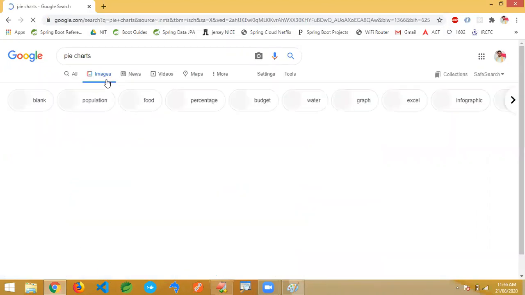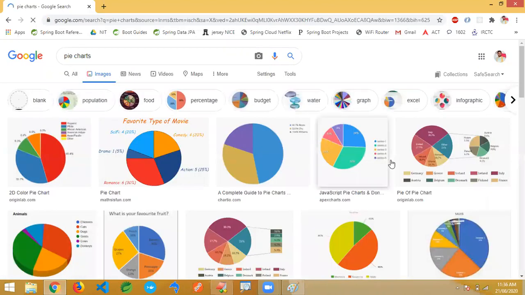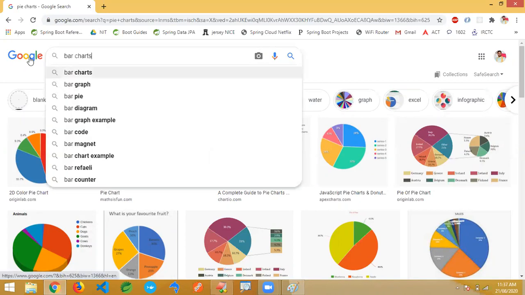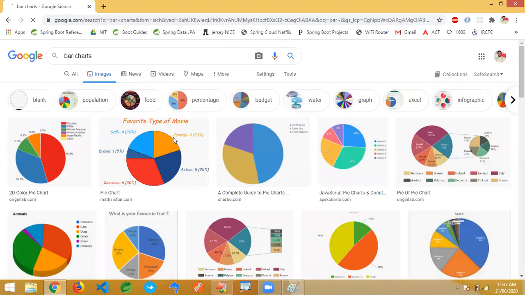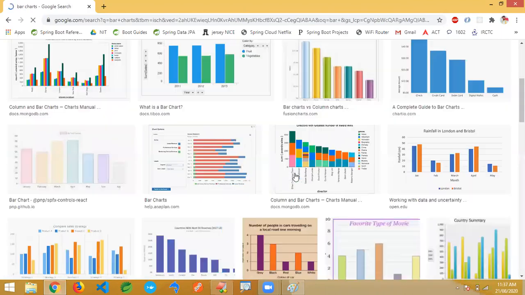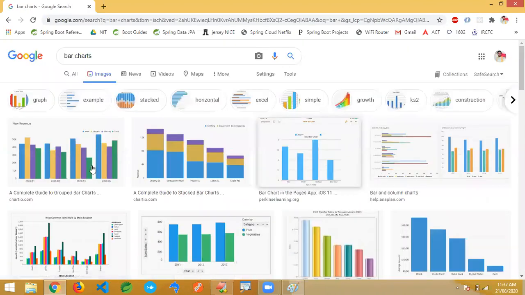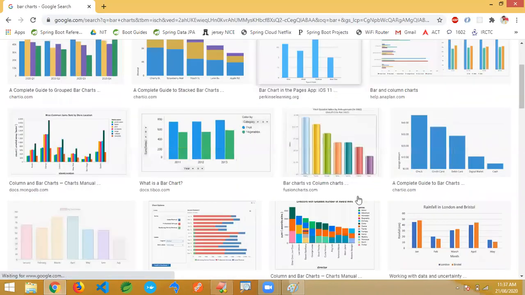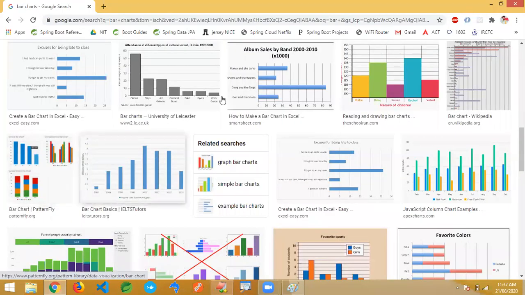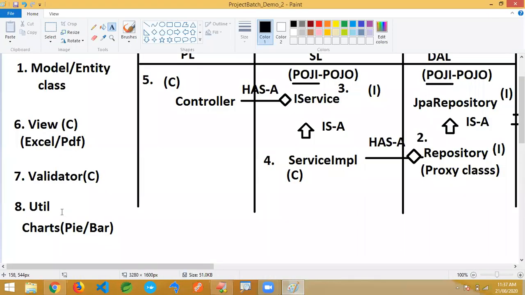We are going to write an application similar to this with dynamic output. Chart sizes are going to change every time. It's not fixed. Fixed means a small image we can draw. It's dynamic. This is a bar chart. We are going to work on a charts concept like this. Similar output is going to come. Colors may change, that I can't guarantee, but the output will be like this. I just want my data to be converted to a graphical format like this. That is called utilities. Charts are a part of utilities.